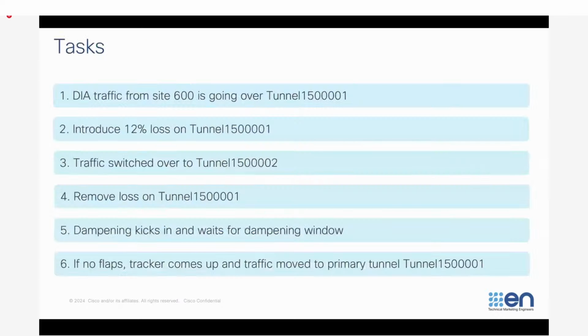So first, the traffic goes over tunnel 15000001 from site 600. We'll introduce 12% loss on the tunnel, and then we will see that the traffic switches over to tunnel 15000002. As step 4, we will remove the loss on tunnel 15000001. And this time, the traffic will still be using tunnel 15000002 because the dampening kicks in and it waits for the dampening window. Once we see that there are no flaps and the tracker comes up, the traffic will move to the primary tunnel 15000001. So with that,